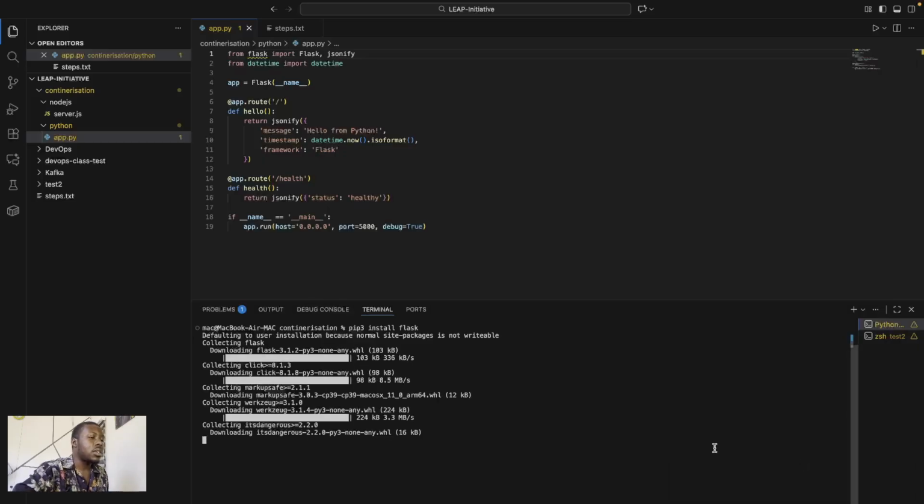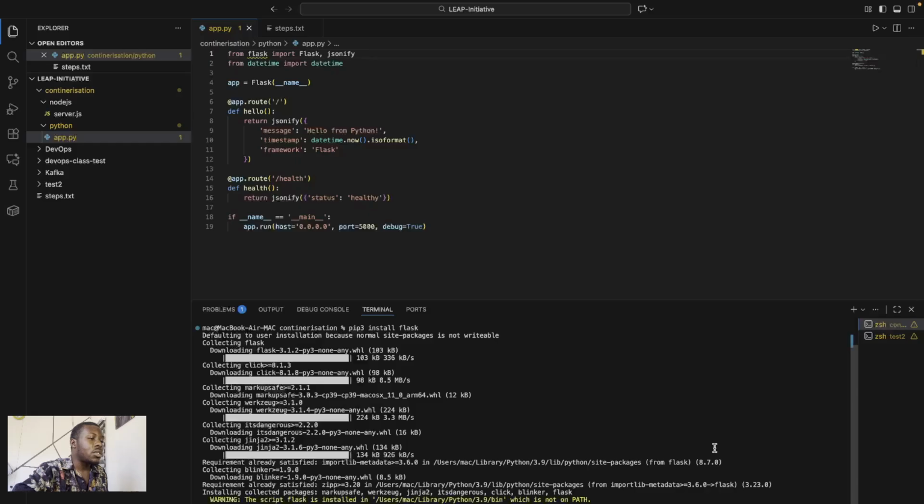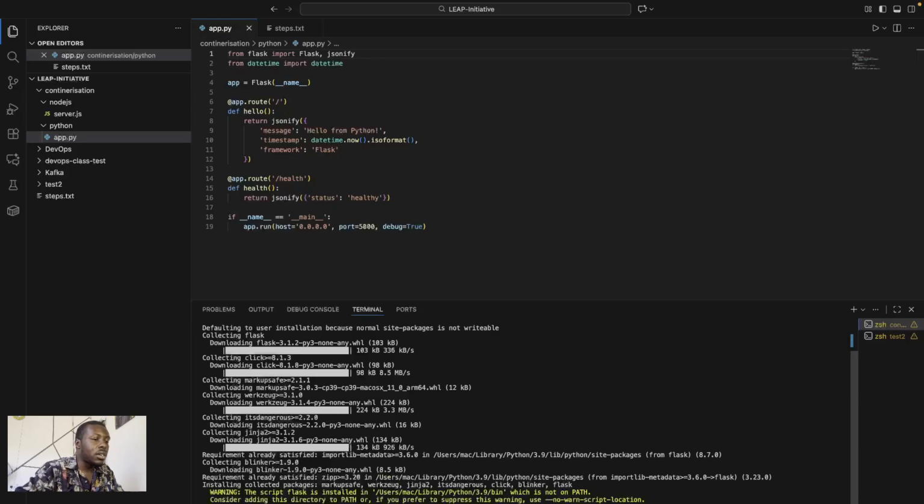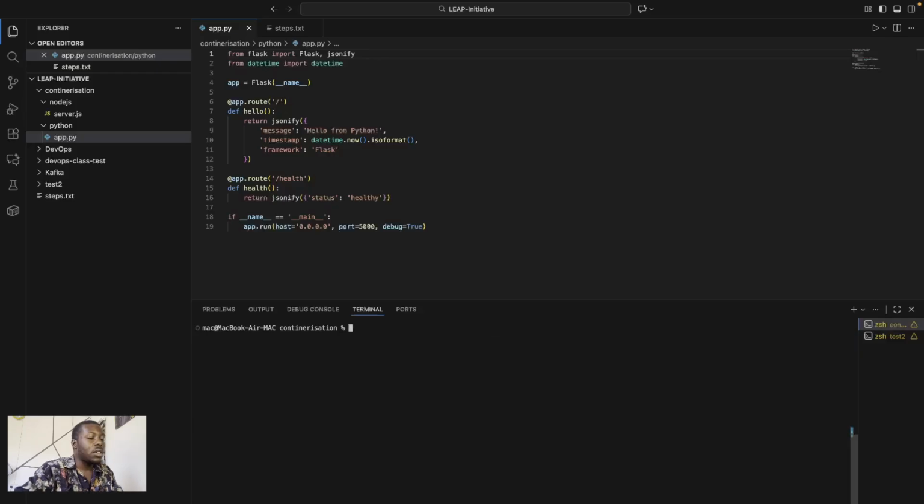So it is installing. Note this, we try to install Python, we try to install Flask. So we can say flask --version and see. Now we can try to see if Flask has been installed.